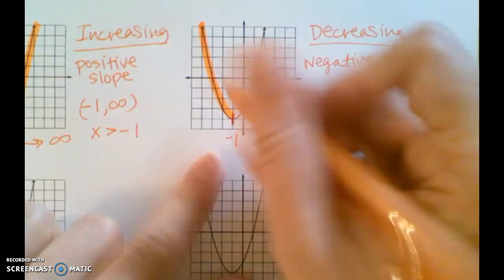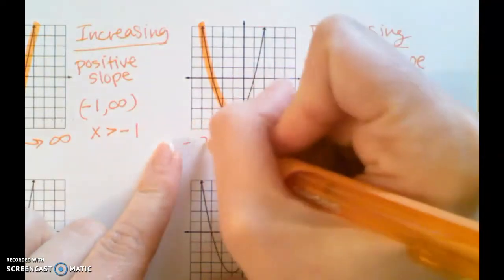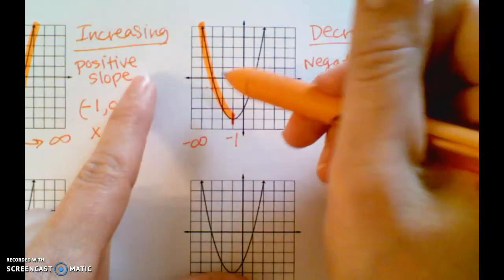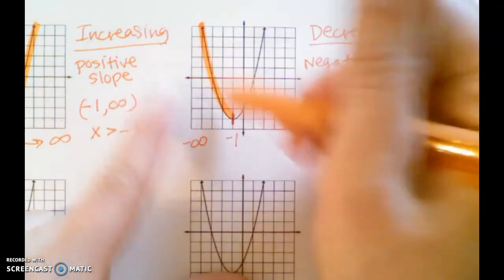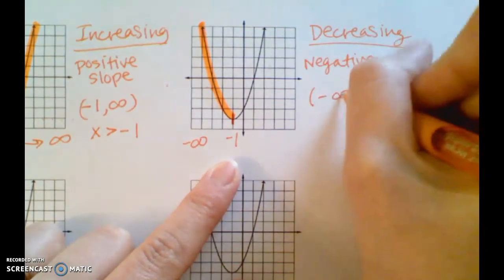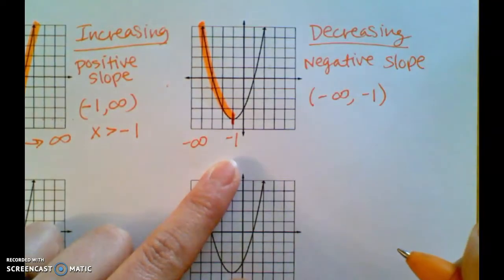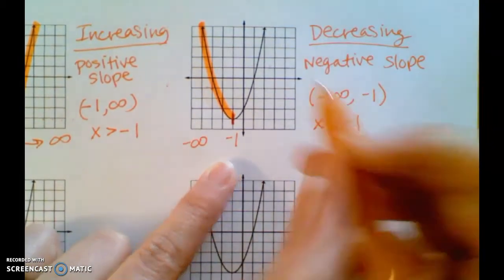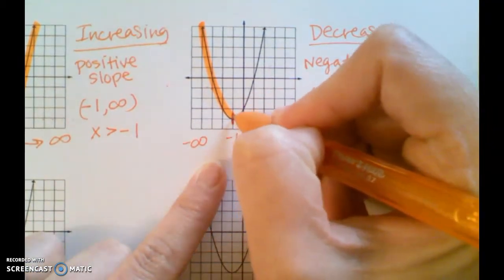So this time it's starting technically at negative infinity because that's where the x values are heading. They're heading this way to negative infinity and going all the way to -1. So in interval notation, that would be negative infinity to -1. And in algebraic, that would be x is less than -1